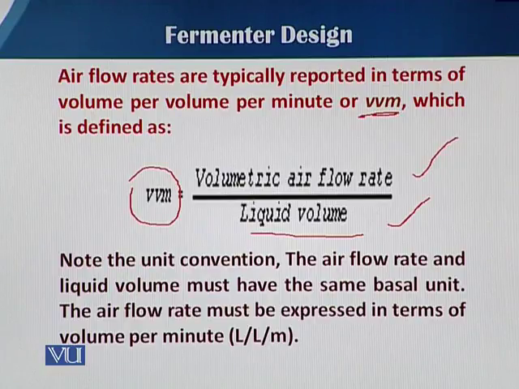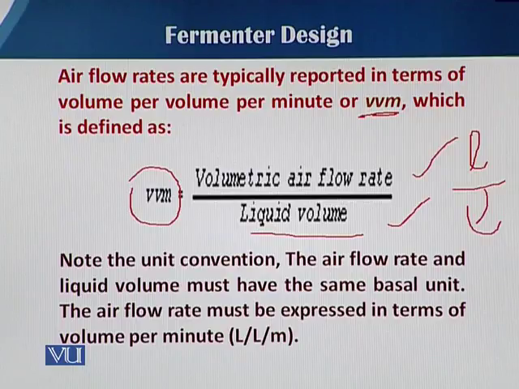So in both cases, liter over liter. Note that as far as the unit is concerned, it is mostly L per L per minute, meaning how many liters of the air supplied to how many liters of the fermentation media in